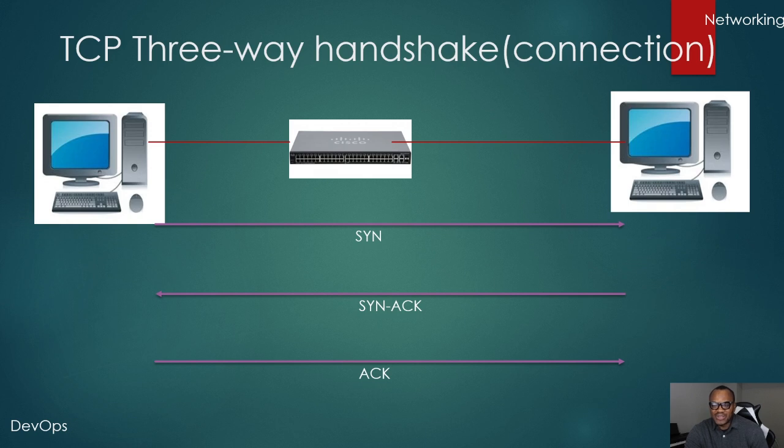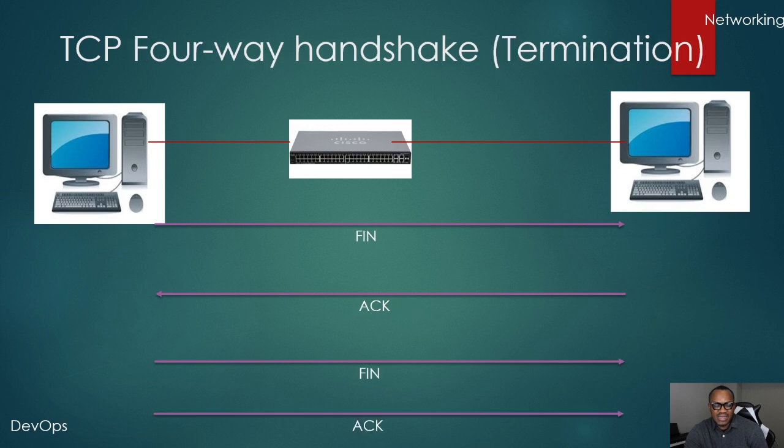The client confirms the connection by sending an ACK packet to acknowledge the server's SYN-ACK packet. There is also a four-way handshake for graceful termination in TCP, where the client terminating the connection sends a FIN message, which is a finished message, meaning that it is no longer sending any data, and the server sends an acknowledgement, which is an ACK message, to acknowledge the message, and the server then sends a FIN message, which is